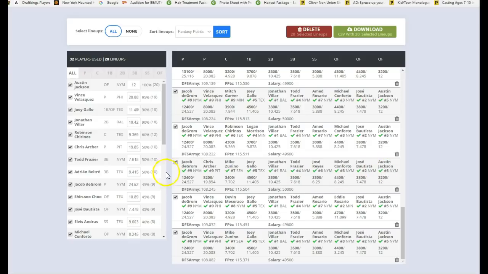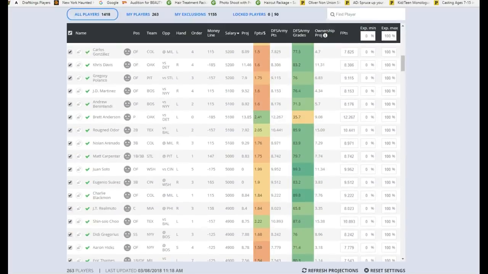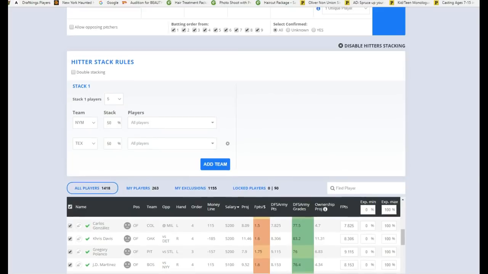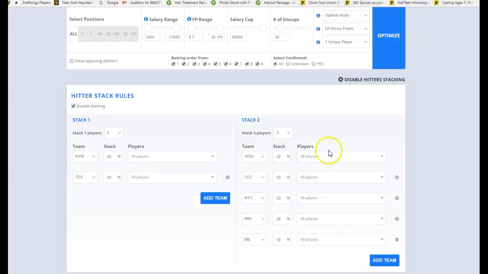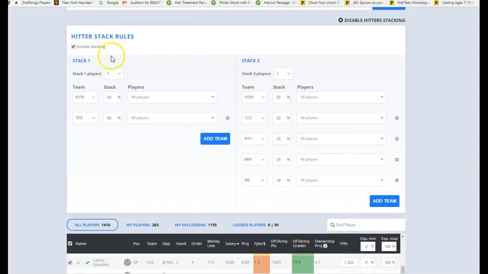The pitcher position will not count for the stack, and you can stack a pitcher and these players. So that's your initial stack, and this is very, very important. When we want to go to double stacking, check off double stacking. Now, on DraftKings, the max stack is 5 for one team, so you might go 5-3 if you wanted to do a full stack. You can also choose 4-2,